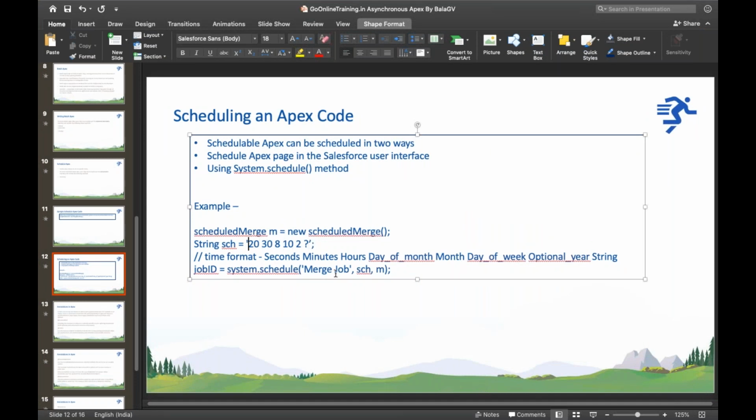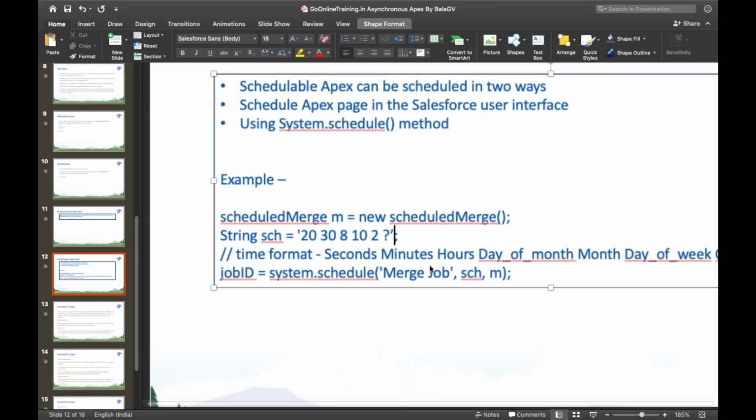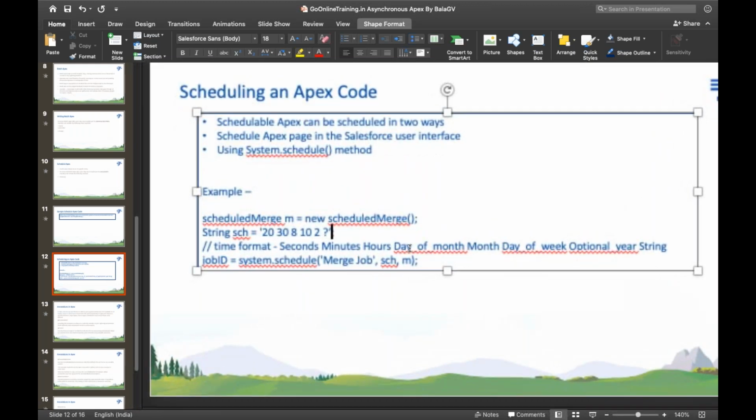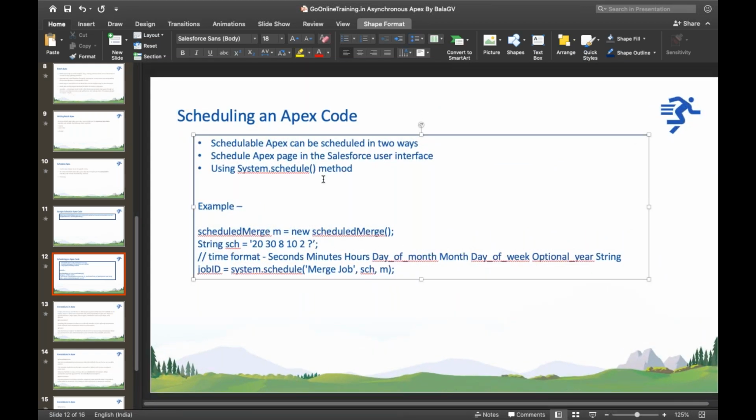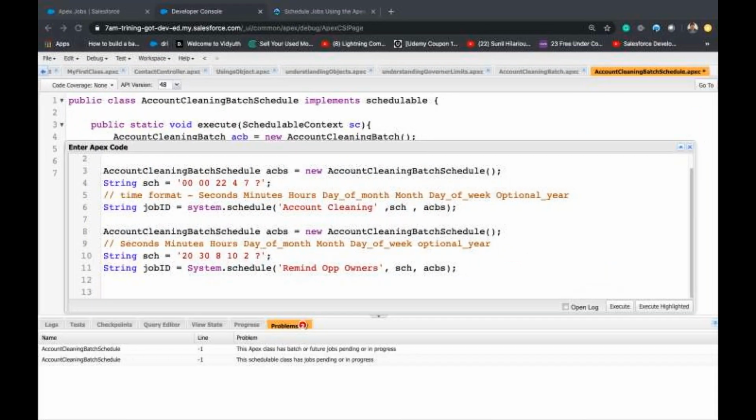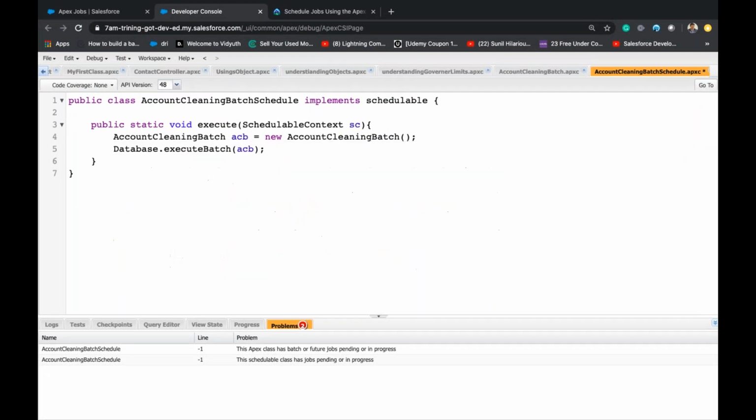Whenever you copy paste, you need to take care of the single quote. This will give the issue every time you copy paste from somewhere; everything will be fine except single quotes and double quotes. And we can also use Queueable Apex to queue. Instead of implements Schedulable, we'll give Queueable. That is the only difference. Queueable is used to queue an Apex.